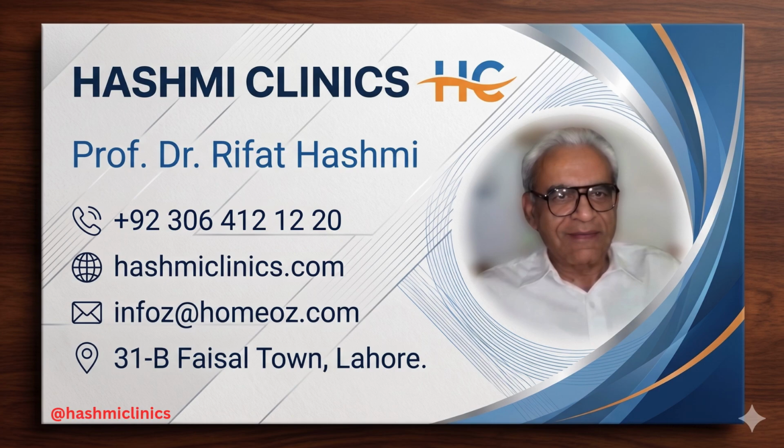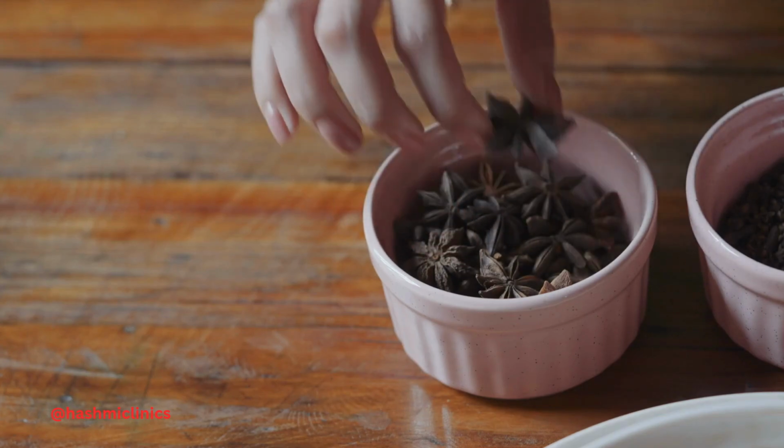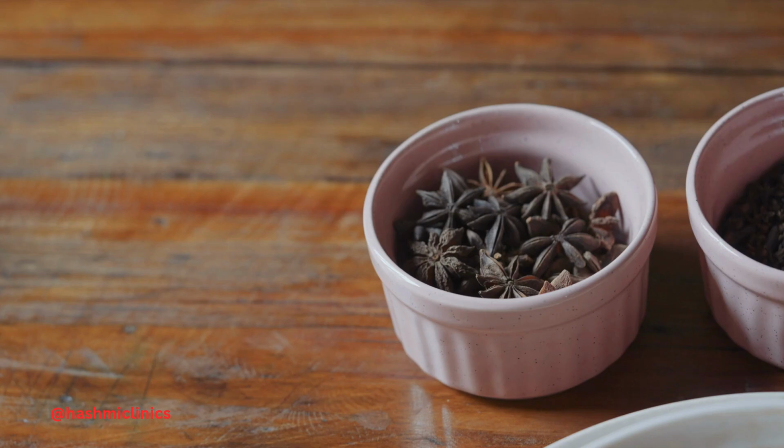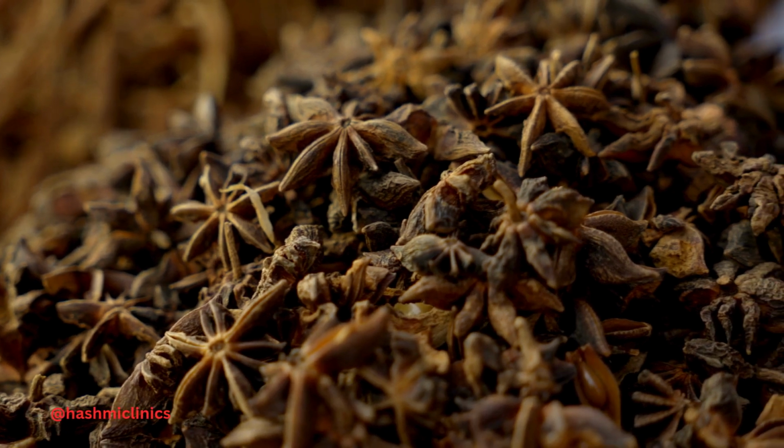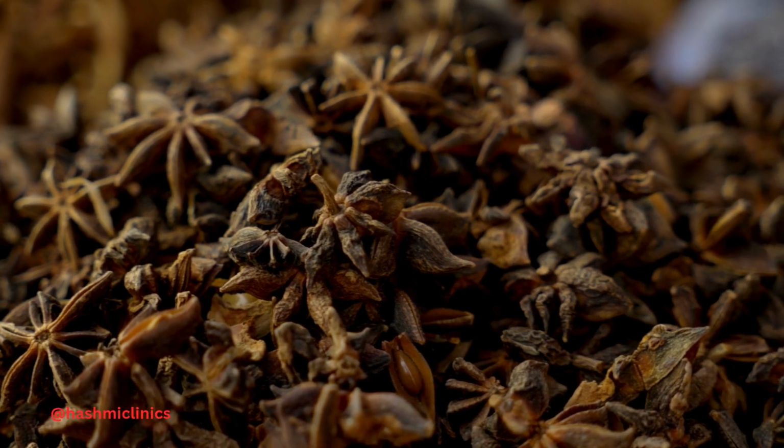human biology. Which brings us to the core mission for today's deep dive. We are exploring the personal notes of Professor Dr. Rifat Hashmi, his personal documentation. And the entire subject of these notes is a single plant, Anisum Stellatum, which most people probably know as Star Anise, or Chinese anise. So our goal today is to unpack these fascinating, really granular medical notes and figure out how this one plant spans the massive gap between being a casual breath mint and a targeted treatment for highly